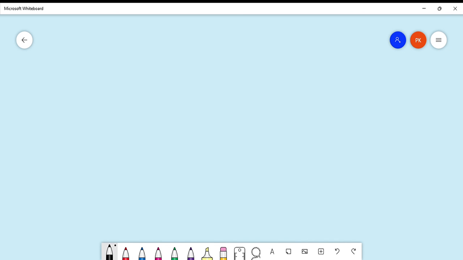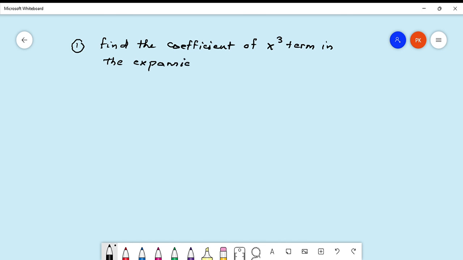So the first problem here, find the coefficient of x cube term in the expansion of 3 plus 2x to power 5. Then second,